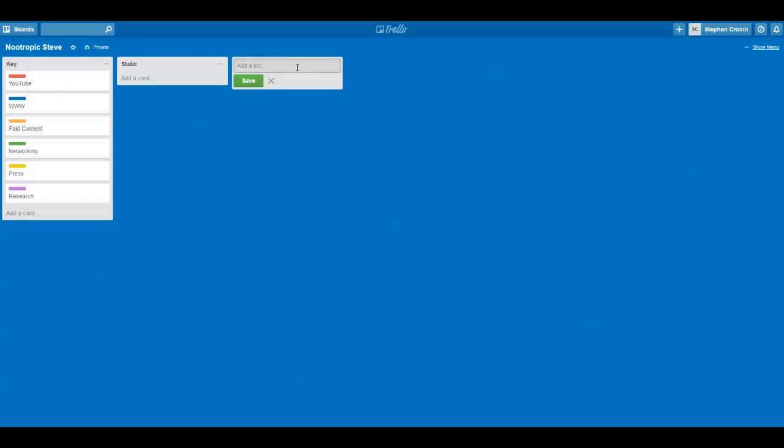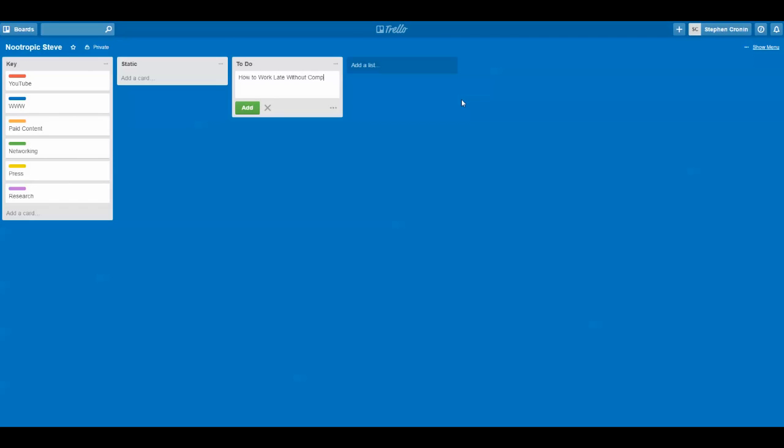We're going to create a third column, and we're going to call it to do, right? This column is just going to represent all the tasks I have to do based on these categories. And if I need to add more categories or delete categories, I can do that as I go. Okay, so let's look at to do. So right now, maybe I'm working on a YouTube video, and I'm going to call it, let's see here, how to work late